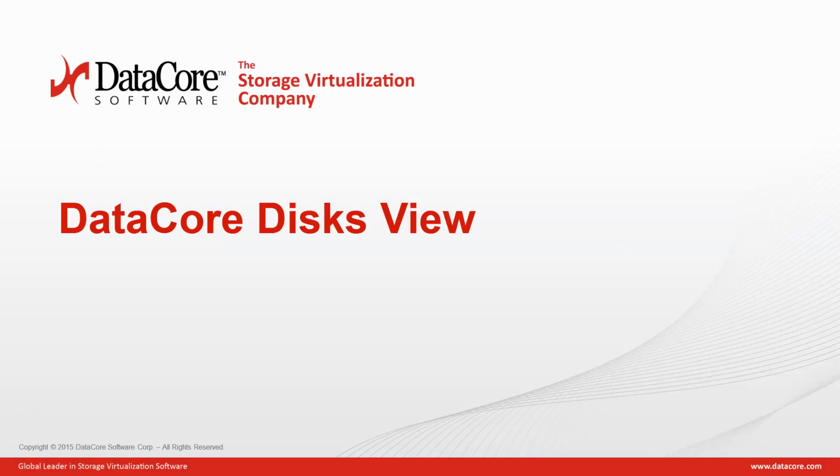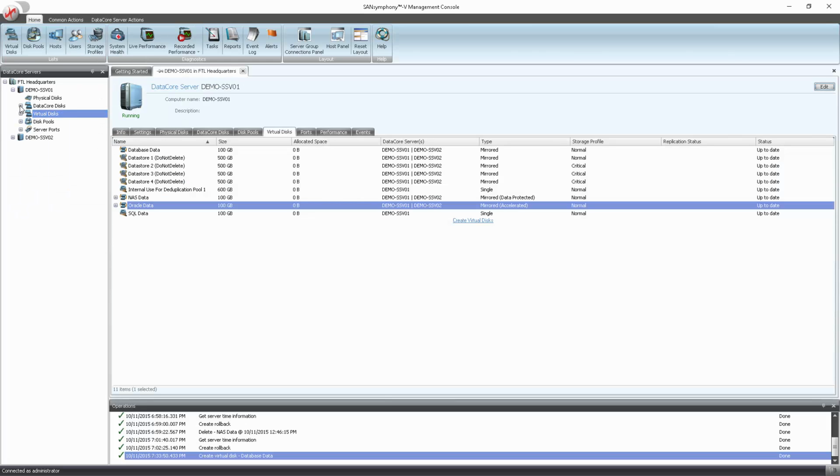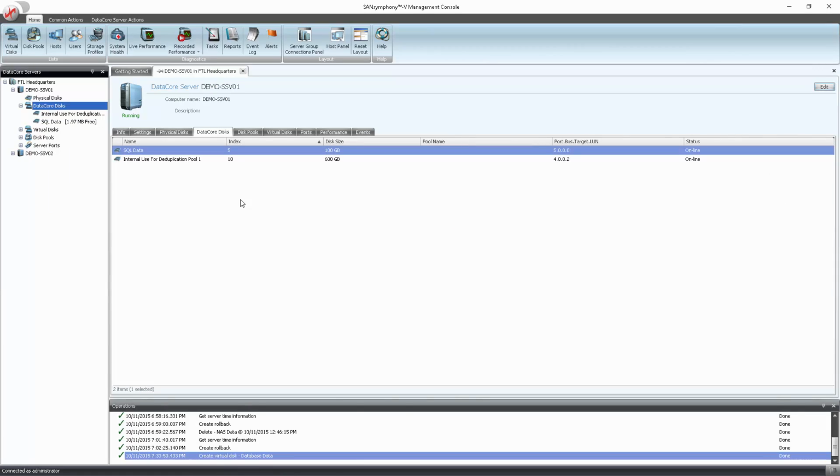Now I will expand the DataCore disk section of the tree. DataCore disks are virtual disks which have been mapped back to the DataCore node itself. This is useful when running hyperconverged workloads where the application is co-resident next to the SANsymphony-V storage engine.